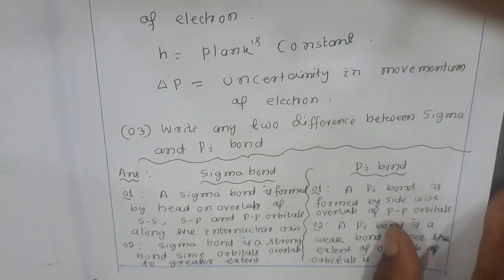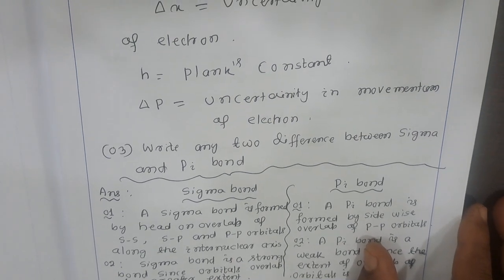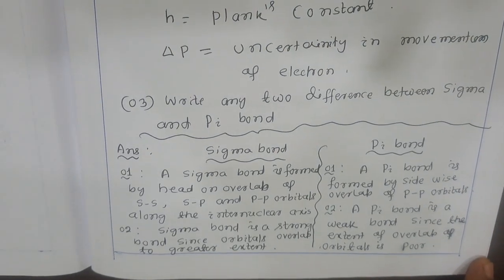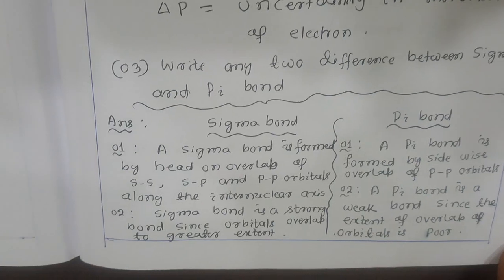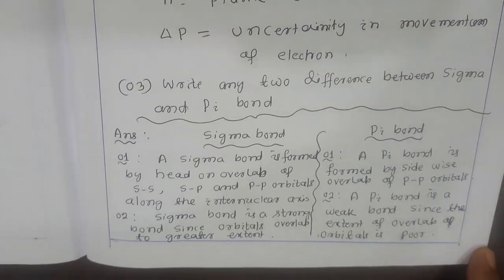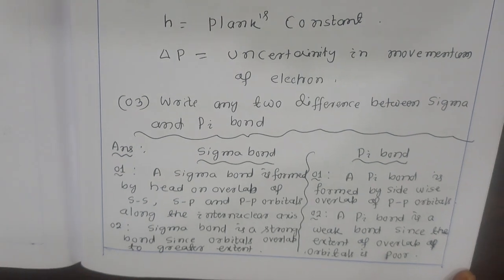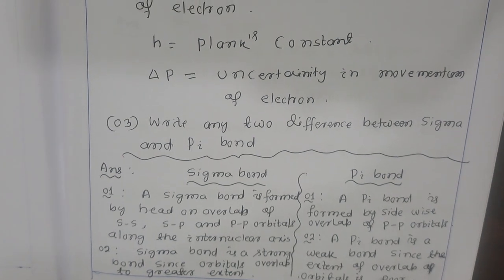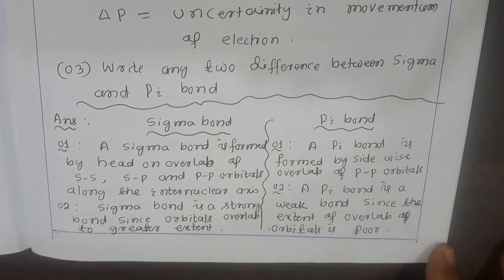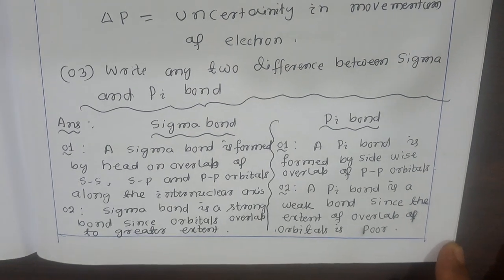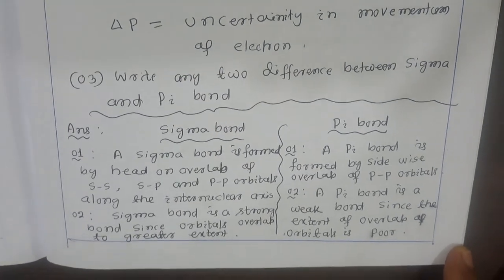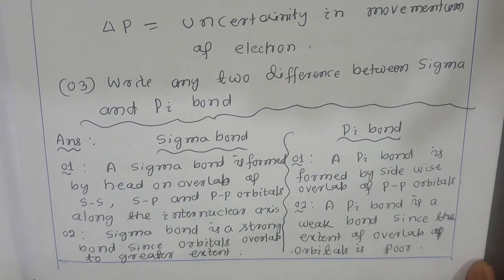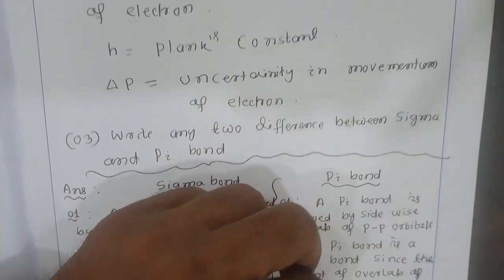Then, what is the difference between sigma and pi bond? Here, a sigma bond is formed by head-on overlap of s-s, s-p and p-p orbitals along the internuclear axis. But a pi bond is formed by sidewise overlap of p-p orbitals. Number 2, sigma bond is a strong bond since orbitals overlap to a greater extent. But pi bond is a weak bond since the extent of overlap of orbitals is poor. Next question is